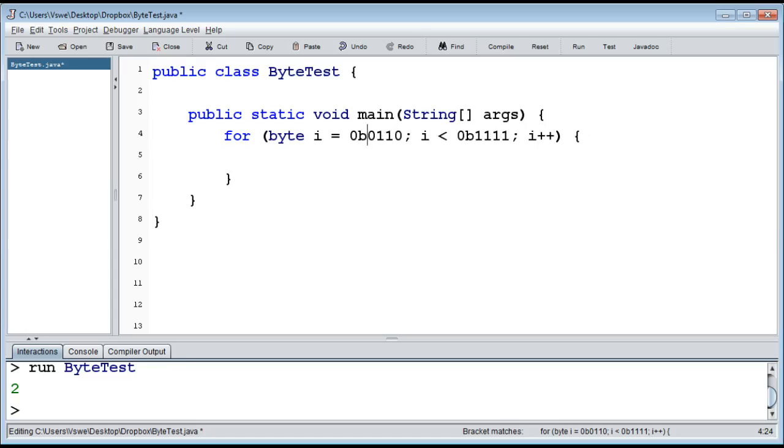So which number is this? Well, we can take a look. This is worth 1, we don't have anything there. This is worth 2, we have something there. This is worth 4, and that's worth 8. So we basically have 2 plus 4. That's 6. So we start at 6 here with i there, and then we can take a look at